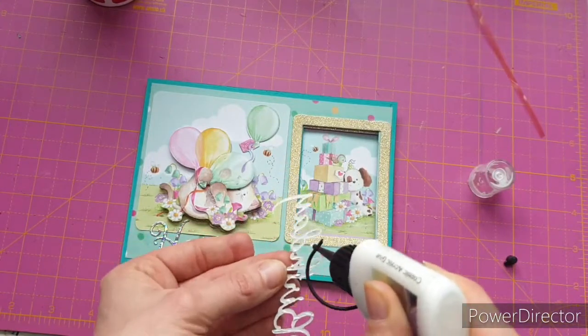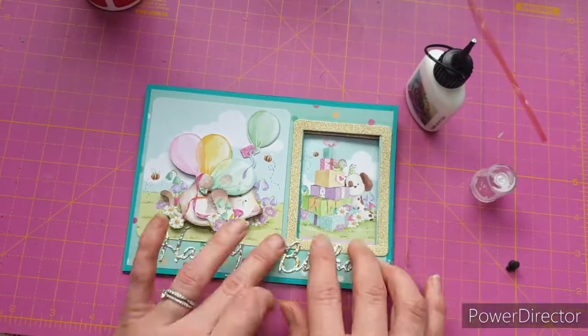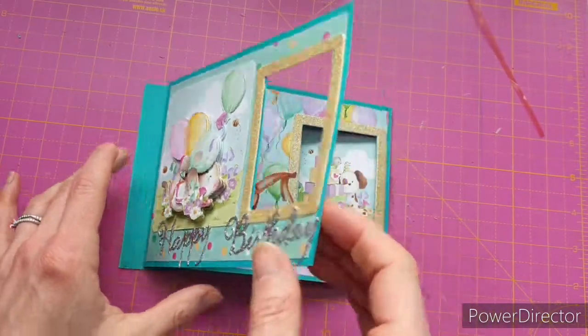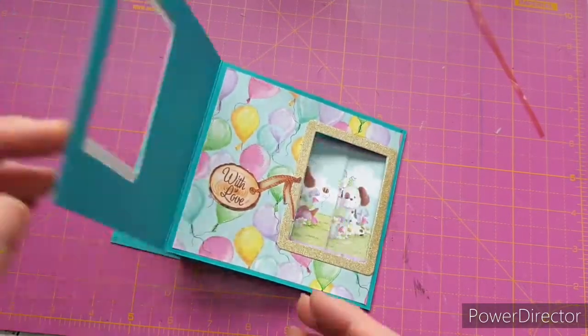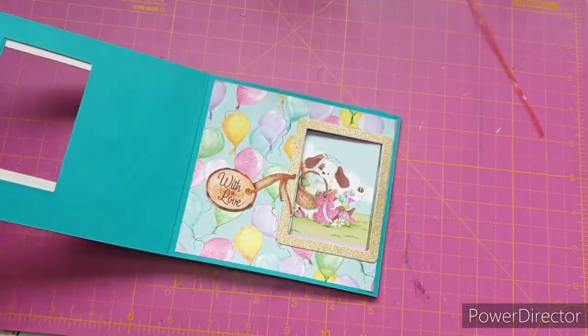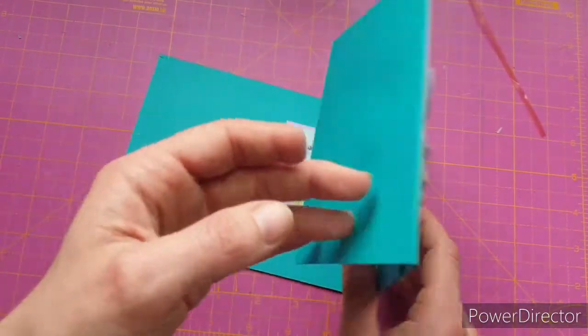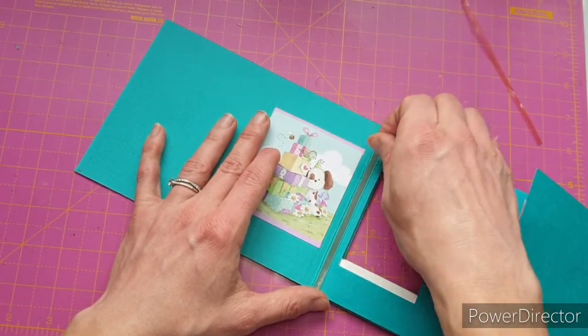So I used my Cosmic Shimmer on this just because it's a very intricate die, and I figured if anything leaked out, Cosmic Shimmer does not show. So there's my card. As you can see, it runs really nicely. Now if yours does catch for any reason, you can put a bit of scrap over the edge so that it runs better,